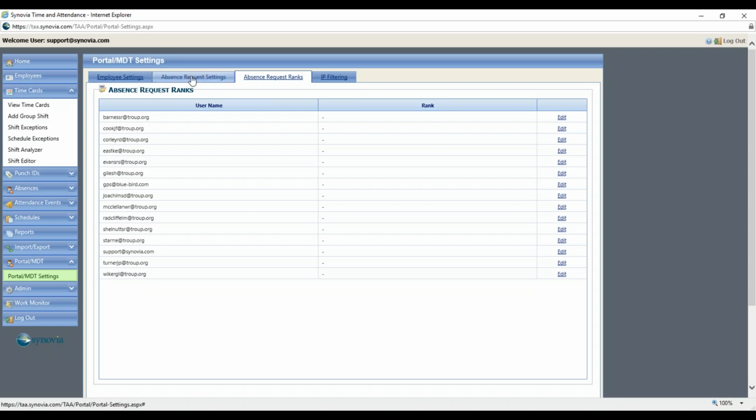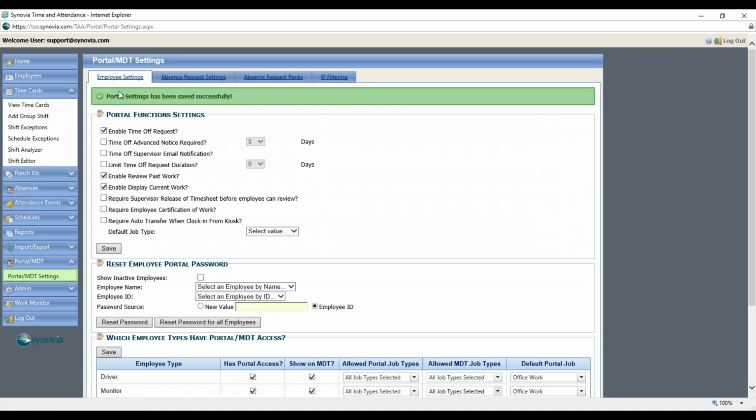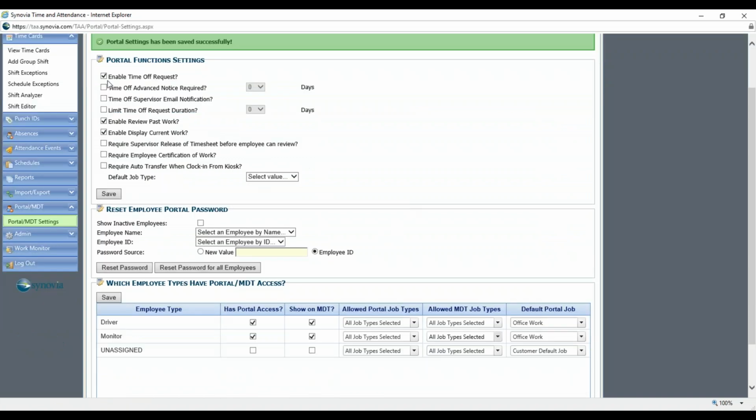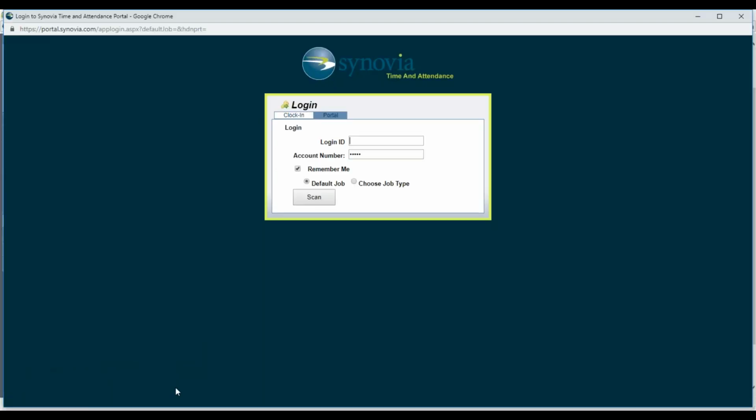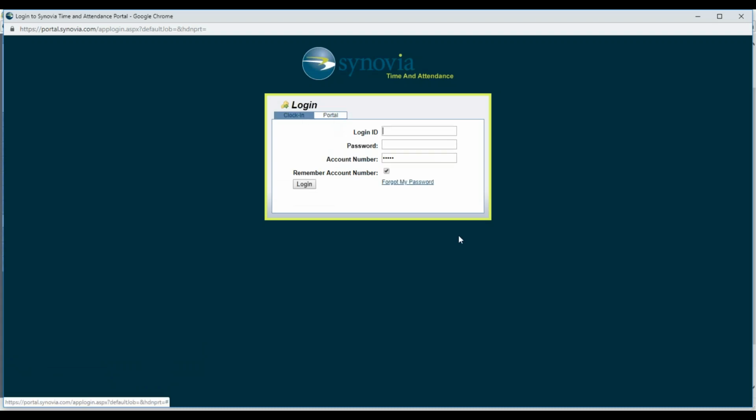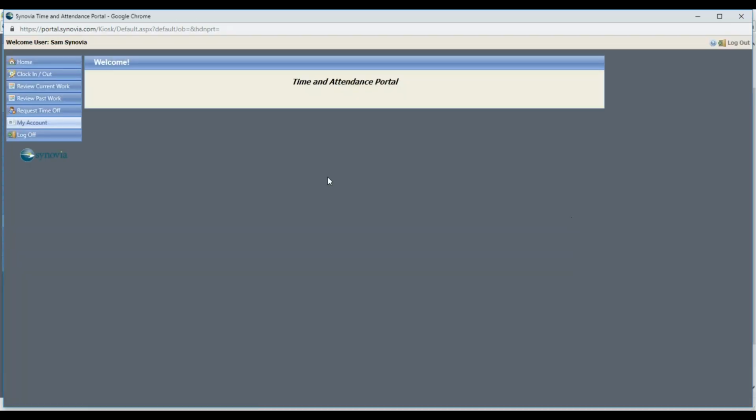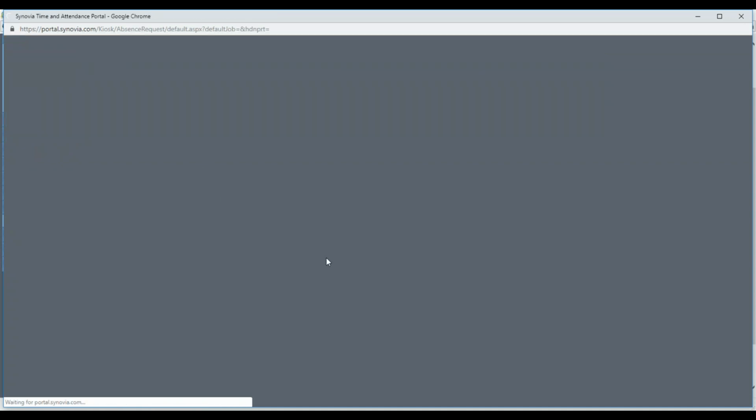So what'll happen here then, since I have enabled the time off request on the portal, if I go back to the portal now and I click on the portal tab and I log in again, now what we have here, we have a function labeled request time off right here. And if I click on this,